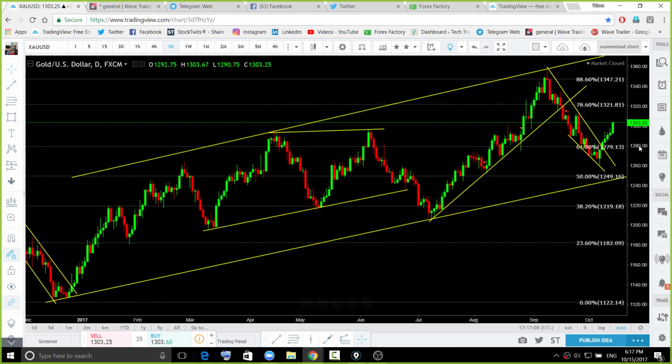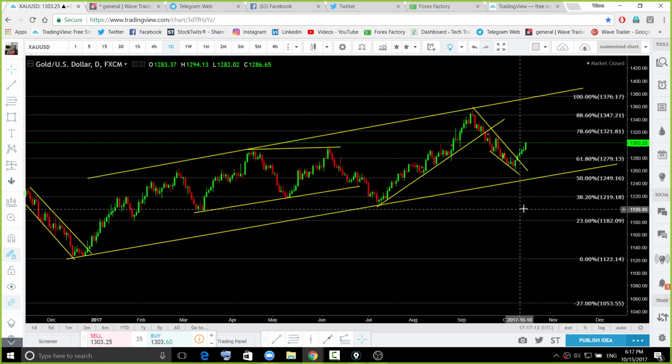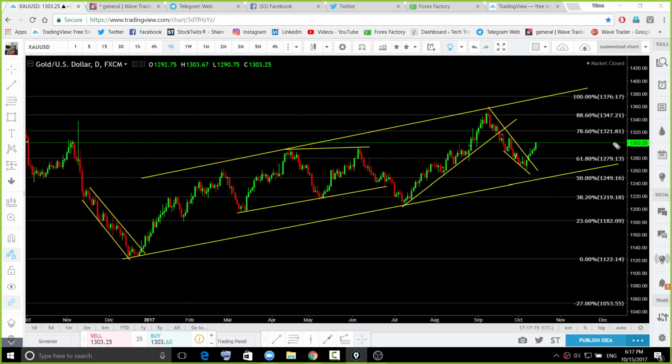I have gone through this pair last week with so much detail, and I hope you fellows are holding your longs from this area. It is a start for the up move, for the up leg. So we need to see a continuation formation before joining that up move.